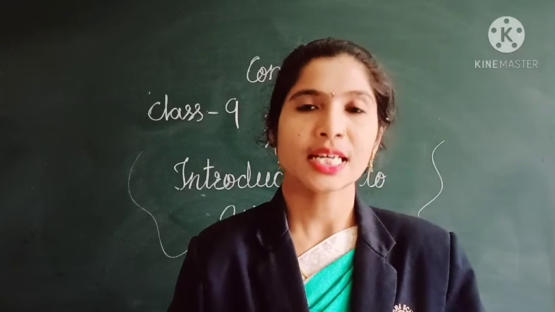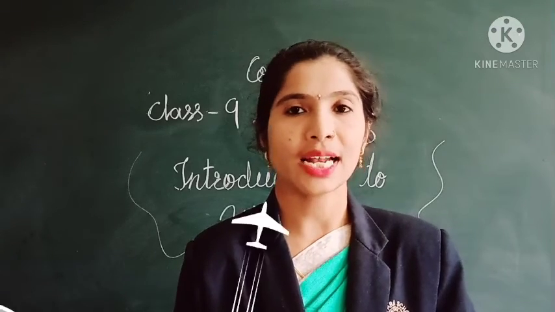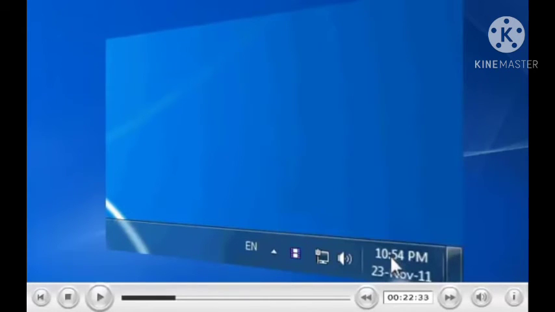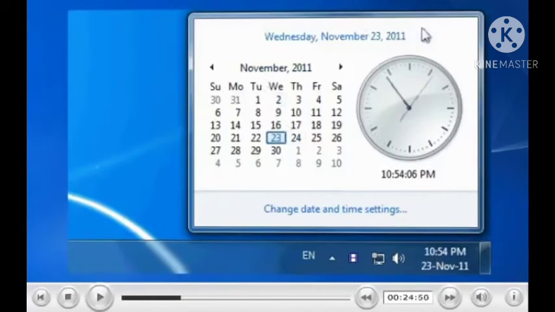Now we are going to see setting the system date and time. Click on the date and time icon placed at the extreme right corner on the desktop. The calendar and clock dialog box will be displayed above the icon.